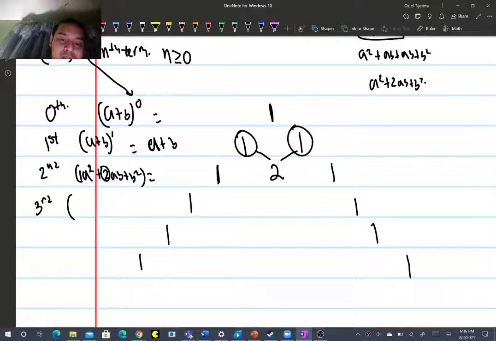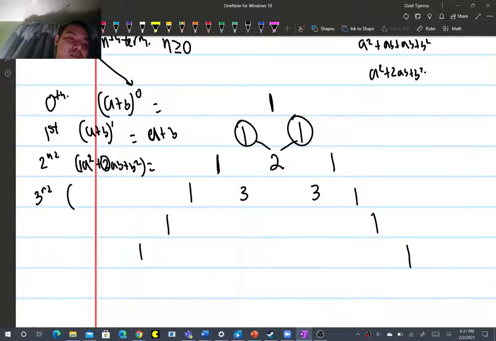So basically I would say the coefficients are going to be 1, and then we have a 1 and a 2 here. We're going to add them together. So we have a 3, a 2 and a 1. We're going to add those two. That's a 3, and then we have another 1 right here. Okay, so that's going to be the a cubed plus